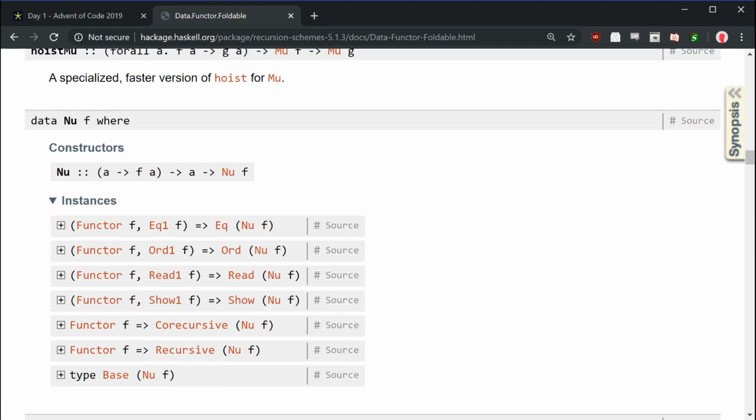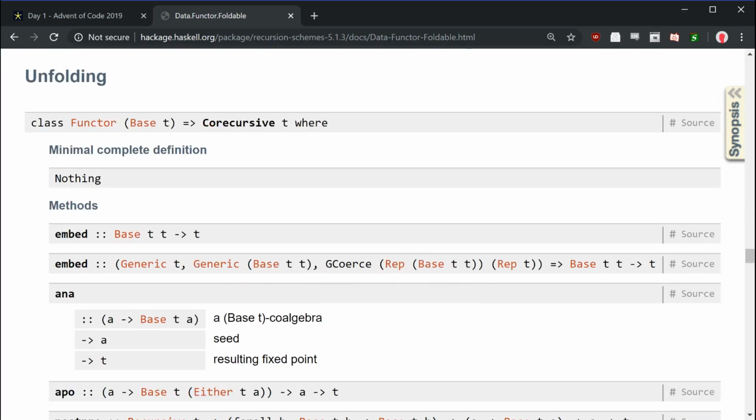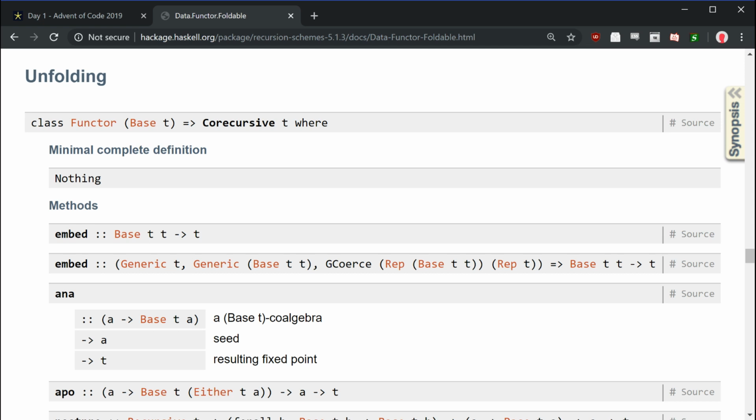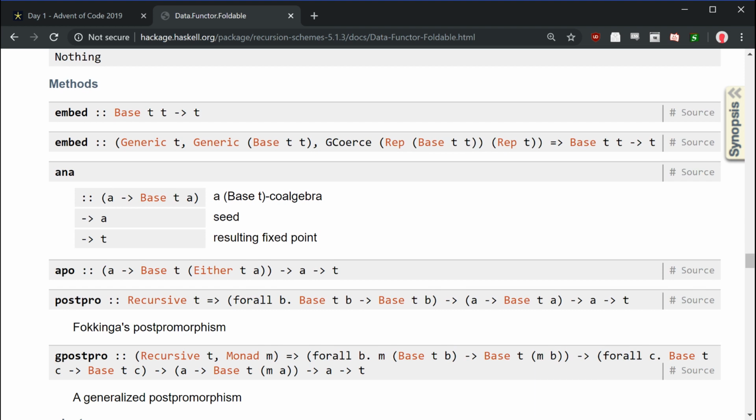But what I want to know is, okay, unfolding. We have a co-recursive type. A list is a co-recursive type. I'm pretty comfortable with catamorphisms, and I understand an anamorphism is basically just a generalized unfold. And I'm reasonably comfortable with unfold, but I don't have the type signature memorized or anything.